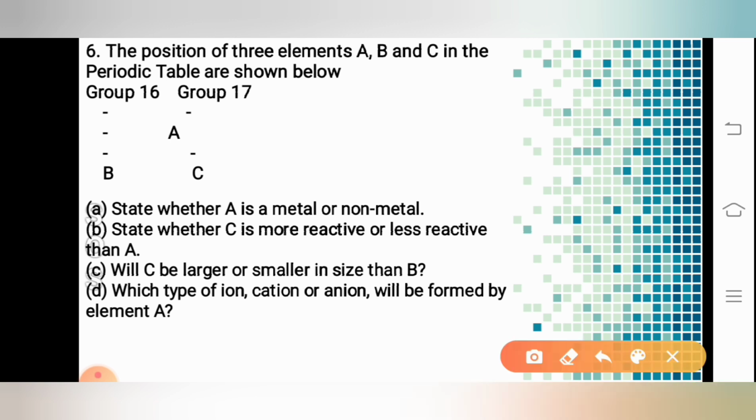The next question: state whether C is more reactive or less reactive than A. So there are two elements, element A and element C. Among these two, state whether C is more reactive or less reactive than A. We have to look at with respect to A whether C is more reactive or less reactive. Now,